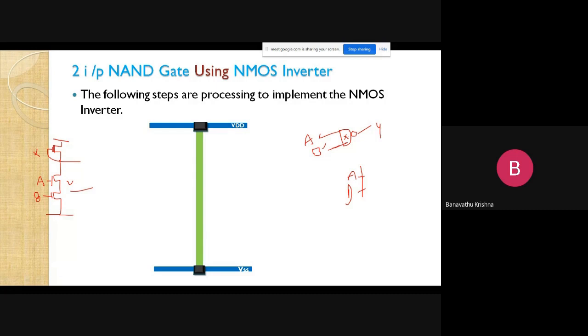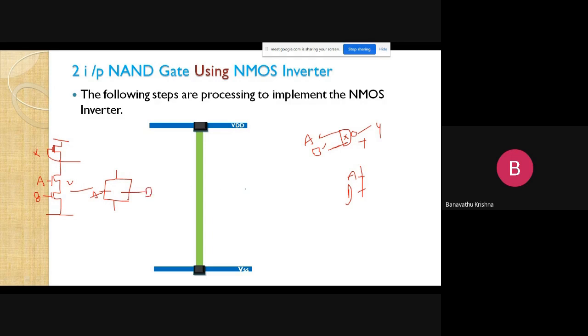Because it is a dot operation. Suppose if it is a plus operation, a sum operation, then those two devices are in parallel notation, like this. Okay, here it is the A transistor, and here it is the B transistor, like this, right?